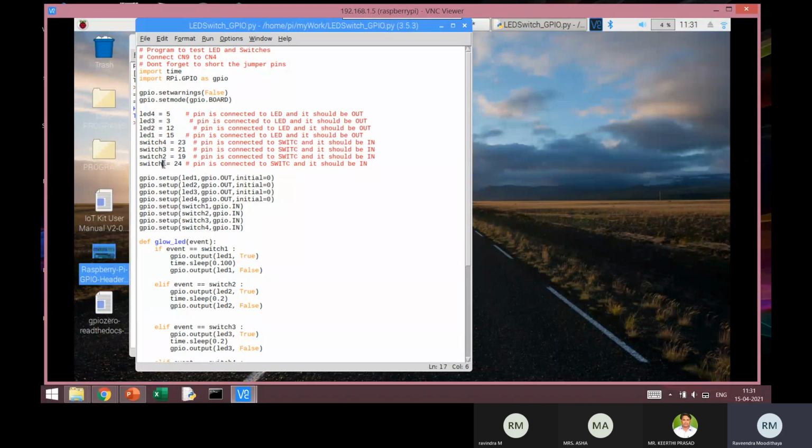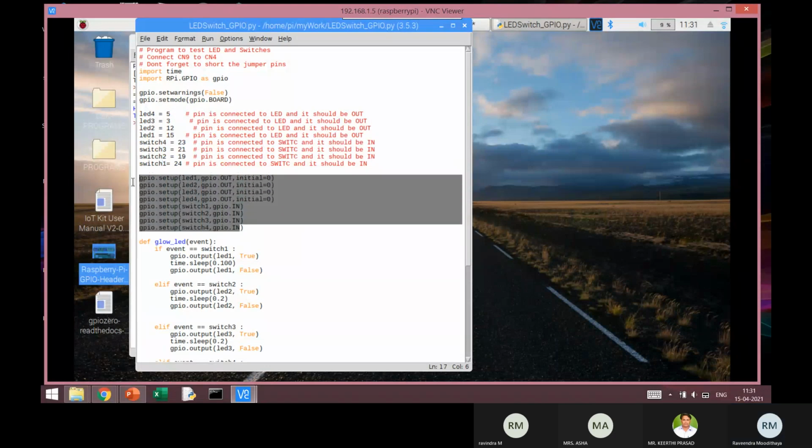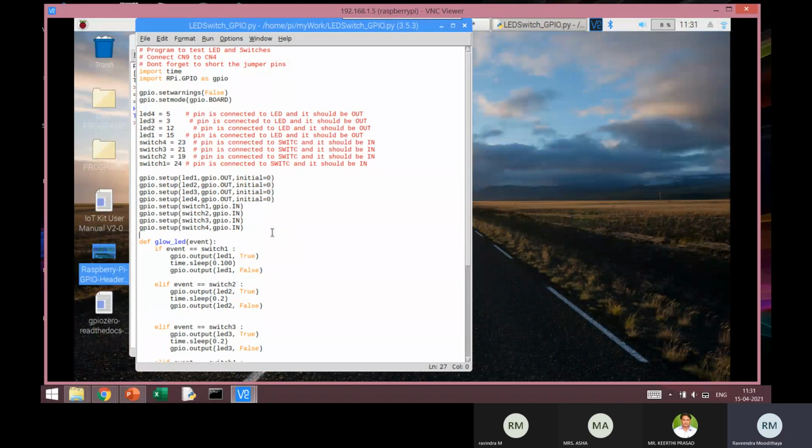So these 8 lines will tell you which device is connected to which pin. And in the next 8 lines, I hope you have typed this. In fact, for typing these things, you don't have to type each one of them. I can just type one line and copy paste it as many times and just change those characters. For example, the difference between the first and second line is only this number, so I don't need to spend time typing this. Just type one line, copy paste it 3 times and just change these numbers. That's all I need to do.